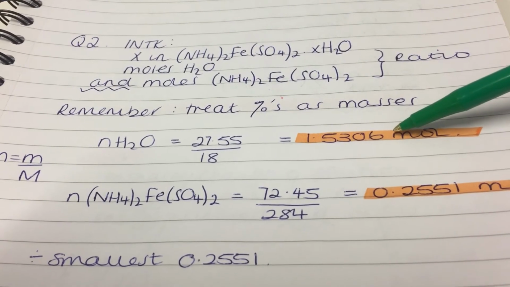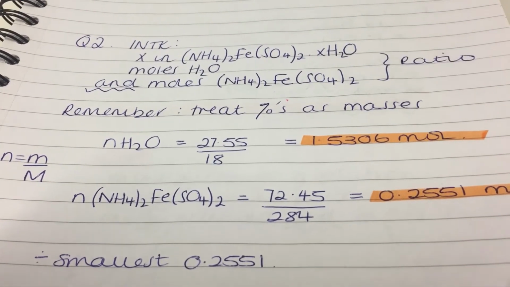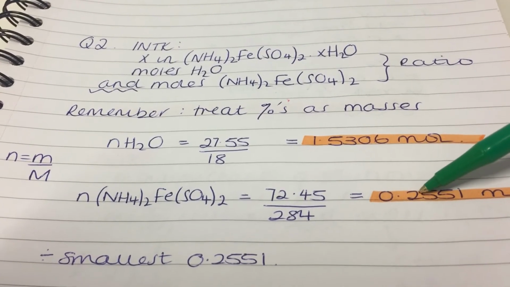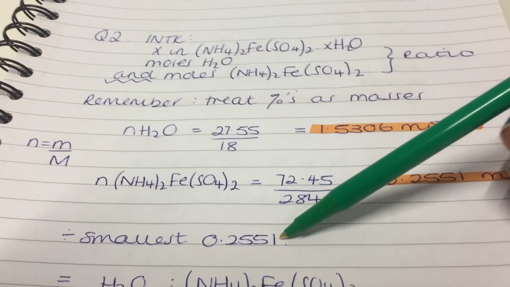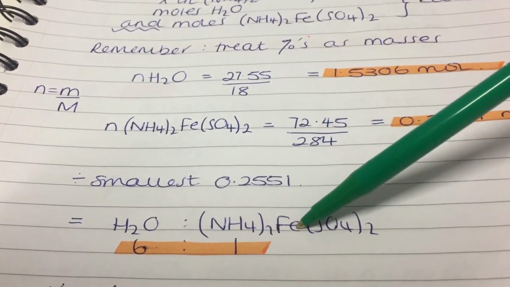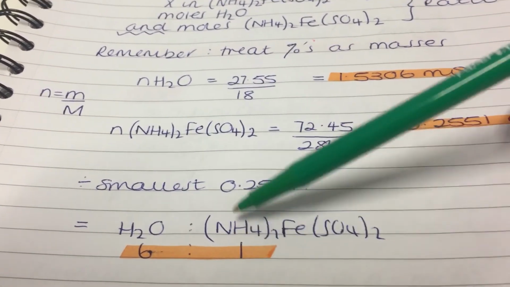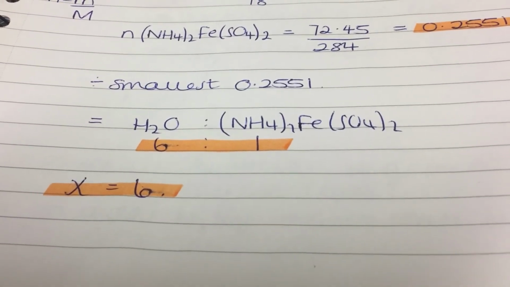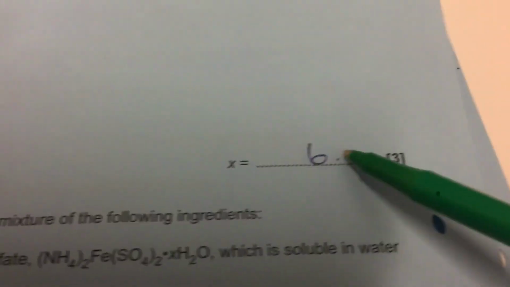To get a whole number ratio, because X we only express in whole numbers, we have to divide through by the smaller of these two numbers, which is the 0.2 value. And if we divide through by the 0.2 value, what we end up with is a ratio of water to our sulfate, which is 6:1. Now that would get you the majority of the marks, but you must make sure that on the actual answer line, which we've got here, that you're giving the